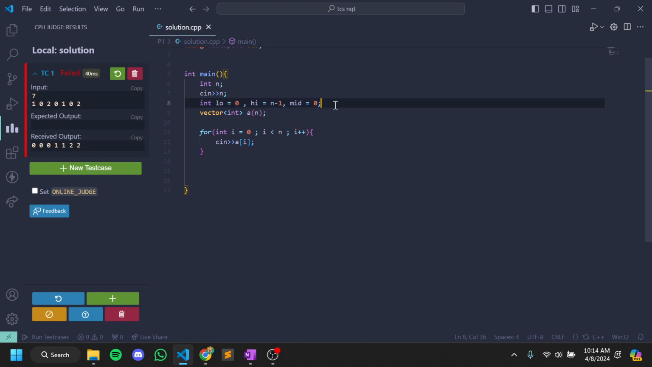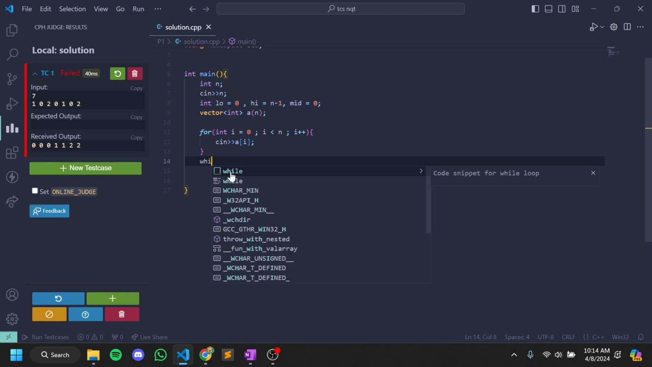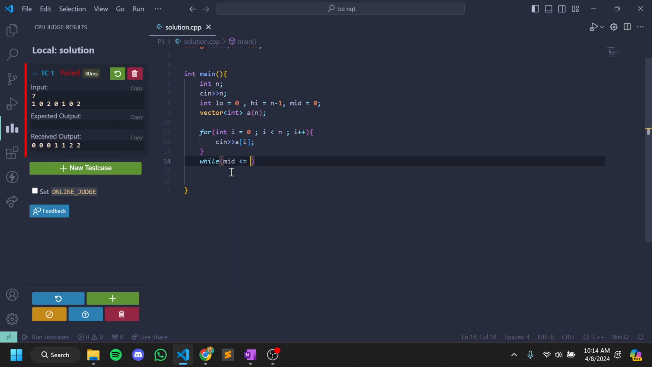I've also taken up the initial values for these, while mid is less than or equal to high. If mid exceeds high, we have already completed our task. We'll check if a of mid is 1. If it is, then mid plus plus. Else if a of mid is 0, if it is, then